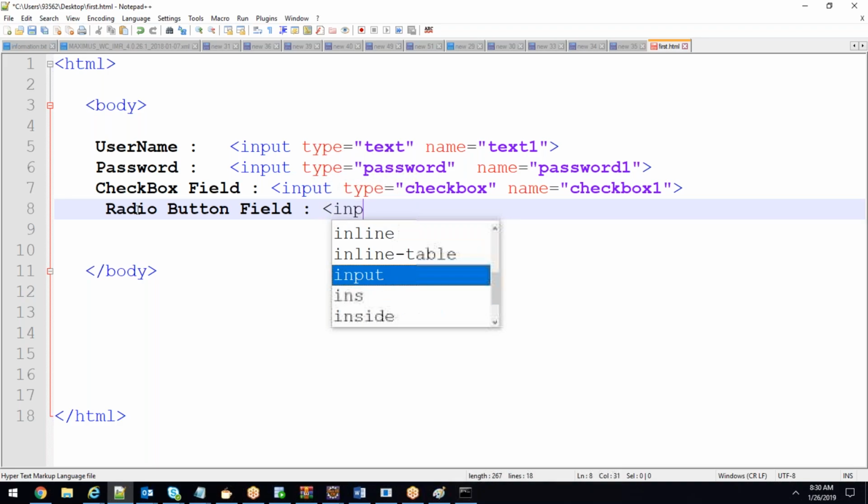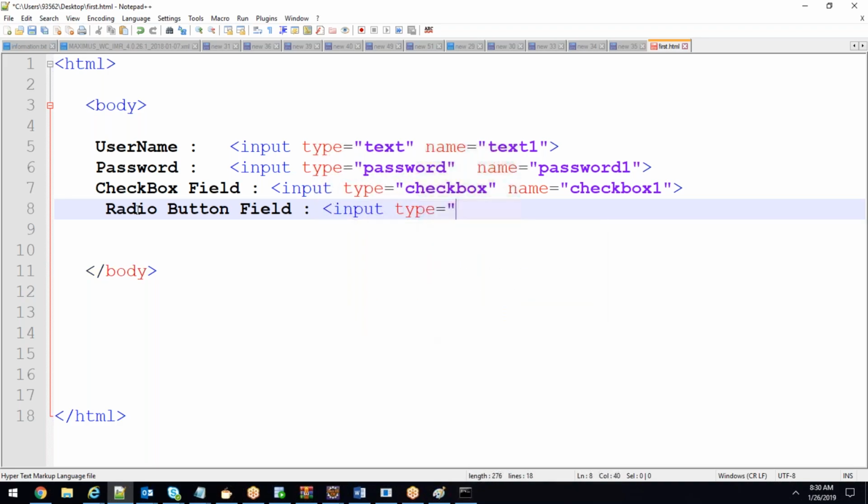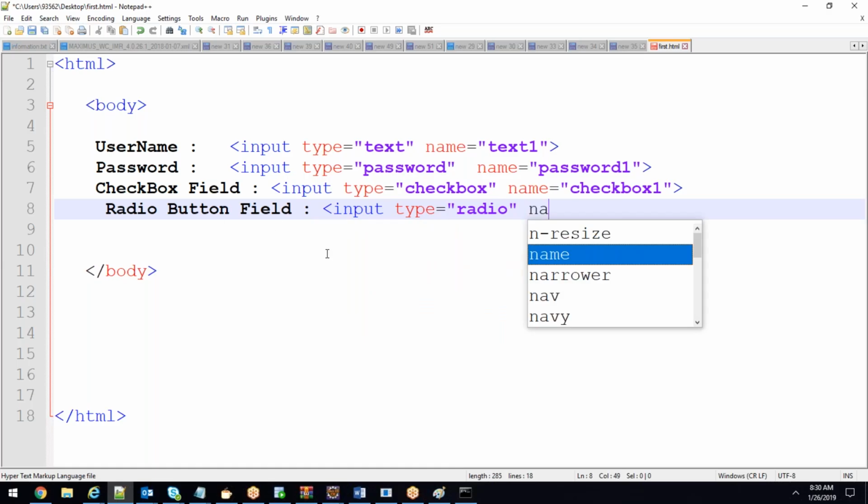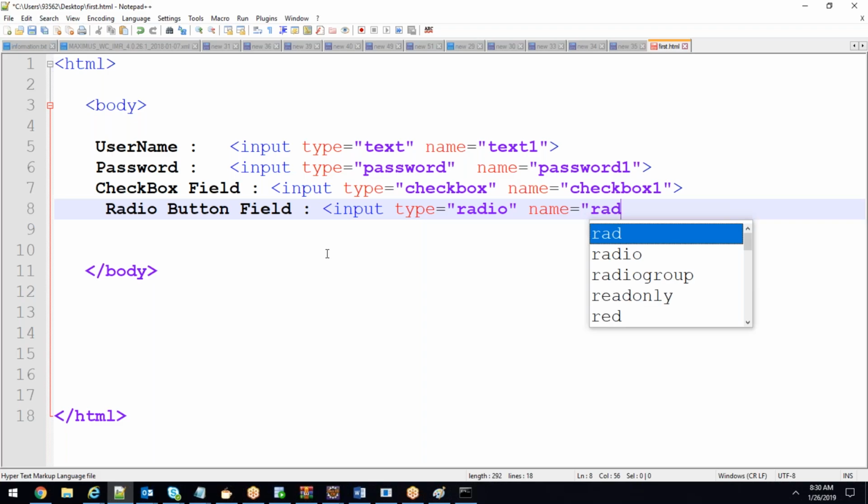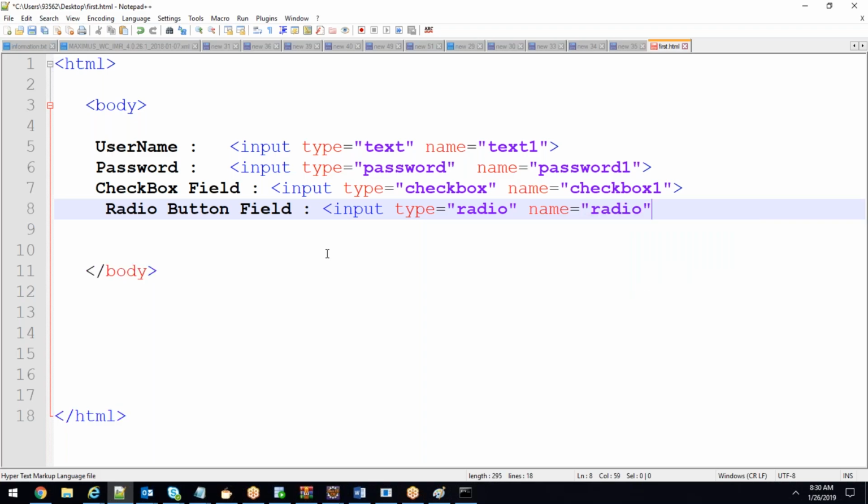So input type equal to radio. If the type is equal to radio, it will render the radio button. Input type equal to radio, name equal to radio, something like this. You can give any name. Input type equal to radio. Maybe, suppose, let us give gender,